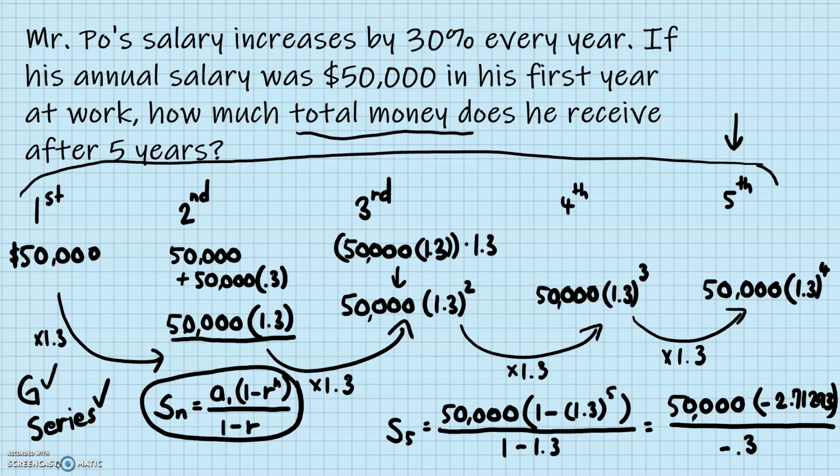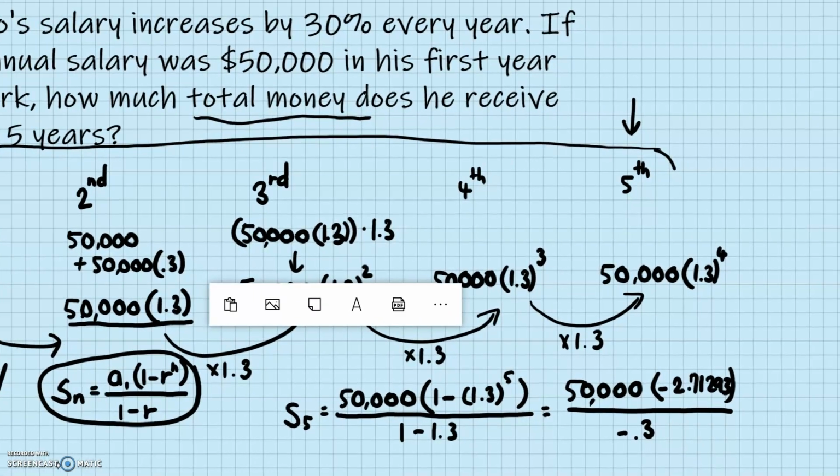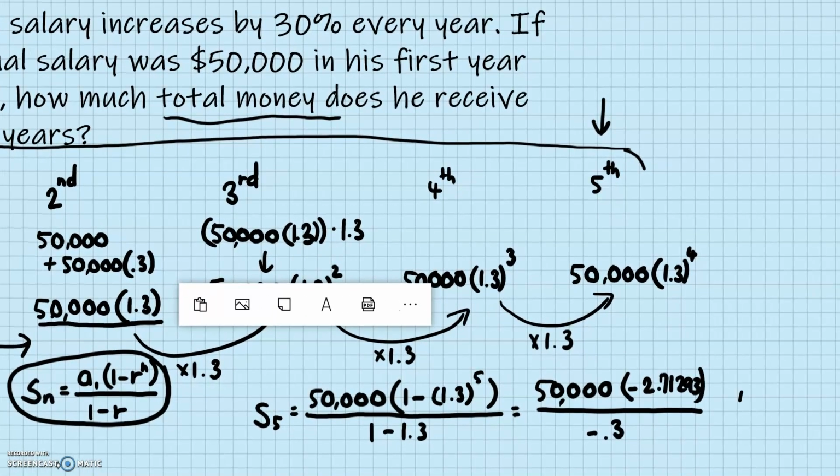And let's try that on the calculator. That is 50,000 divided by 0.3. Okay, this comes out to be